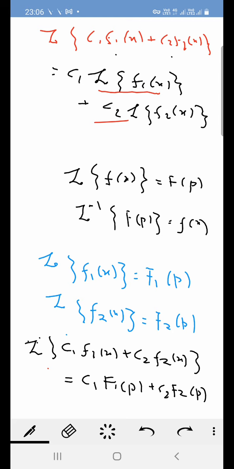And also for the inverse case, so this is the inverse Laplace transform. For the inverse case we can also write